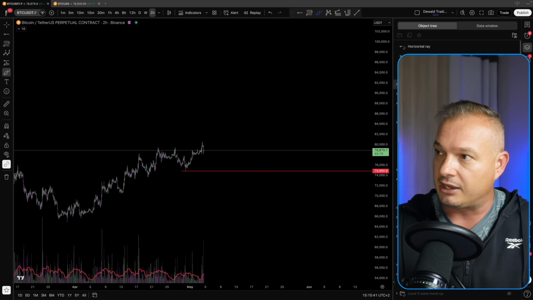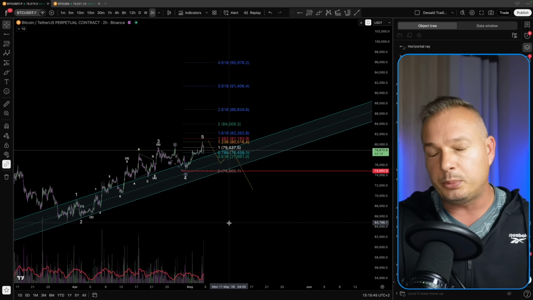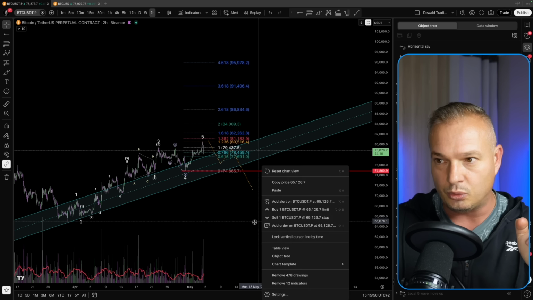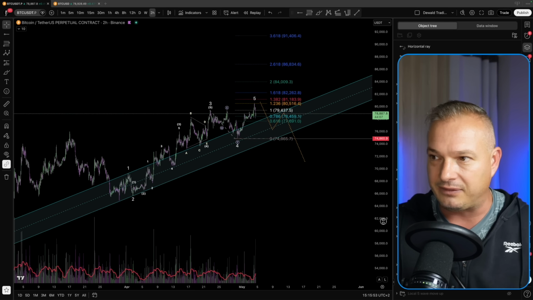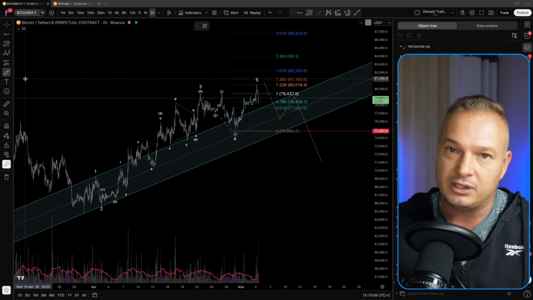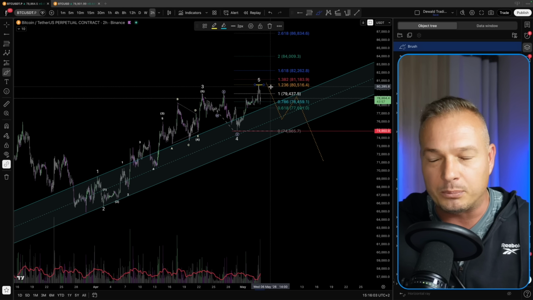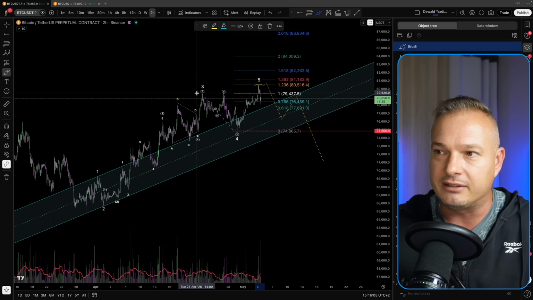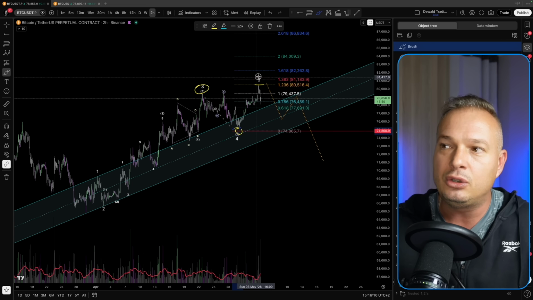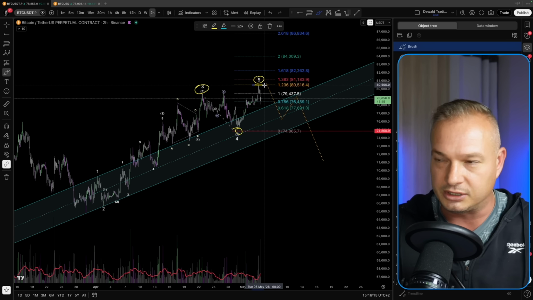Let's take the scenario out of the way, and now let's discuss the bearish case scenario, which could potentially still turn out to be bullish, because this scenario can play out in two ways. I know that the counts that I have here could look very confusing, but you can also see, using a different Fib extension where price got rejected this morning at the 1.236, basically taking a Fibonacci from the high of 3 to the low of 4, it gives you your targets for a fifth wave to the upside, and that is also where I attempted the short this morning.